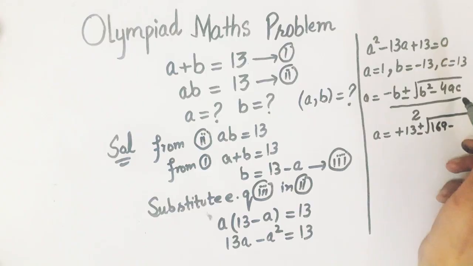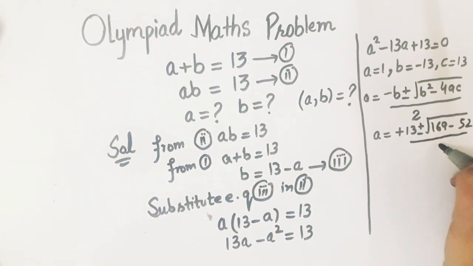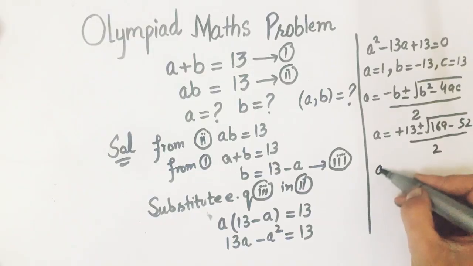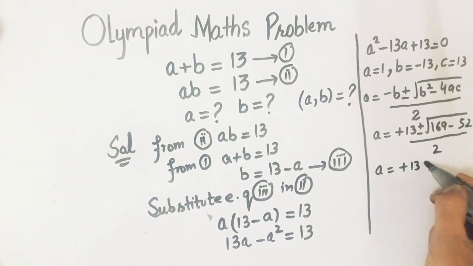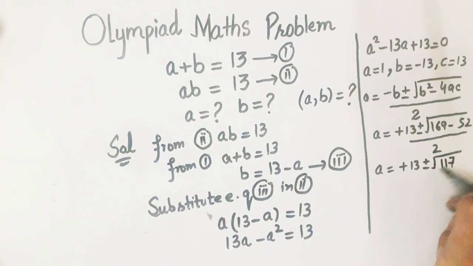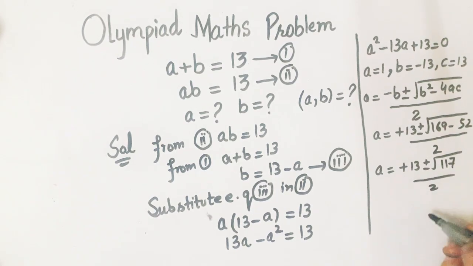We will multiply 13 into 4, so 52, divided by 2. So a equals plus 13 plus minus root of 169 minus 52, which is 117, divided by 2. So 117 can be written as 13